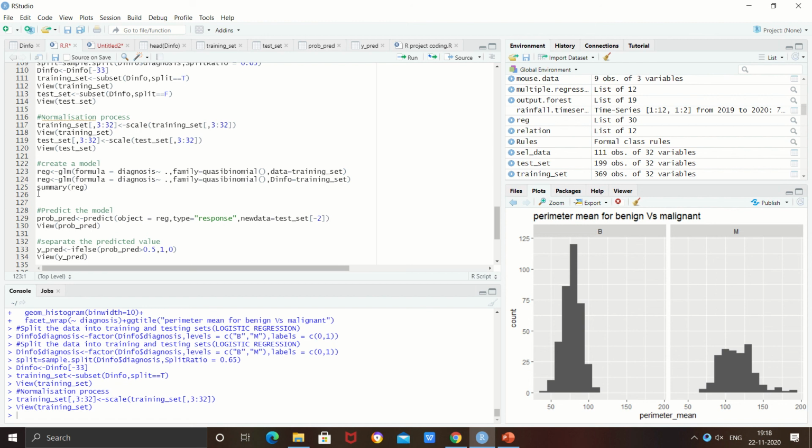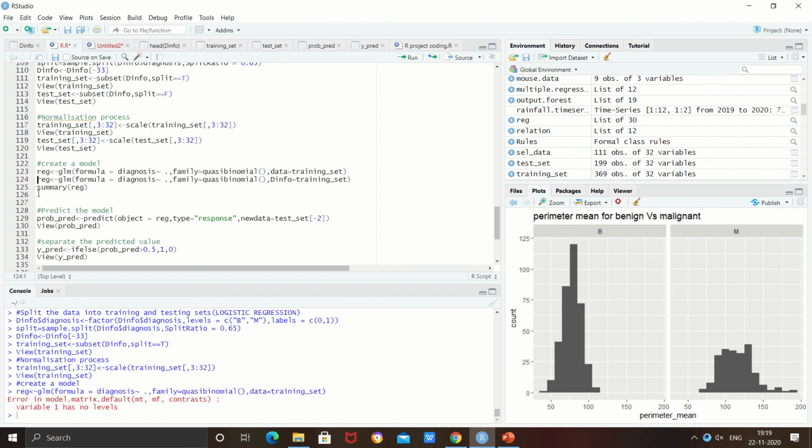Here binomial is used if analysts need to account for more variance in our dataset. So now we will run the code and we will check for the summary.